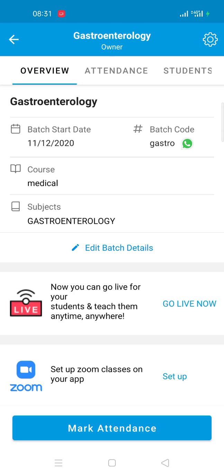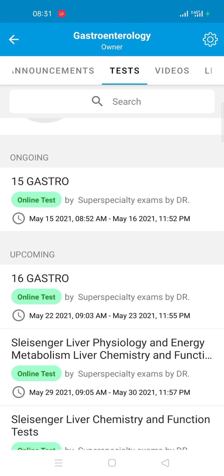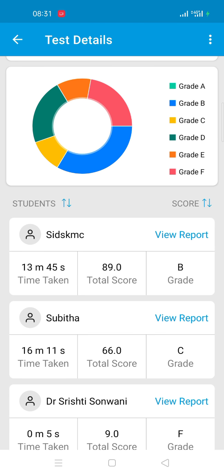If you go inside, this is another important thing, it will come like this. You should not hurry, or you won't find anything. You have to slide up here and you will get the test. Go to the test section and see that there is already a May 15 and 16 test, that is yesterday and today, already going on. You click on that, and you usually get to see the questions directly.